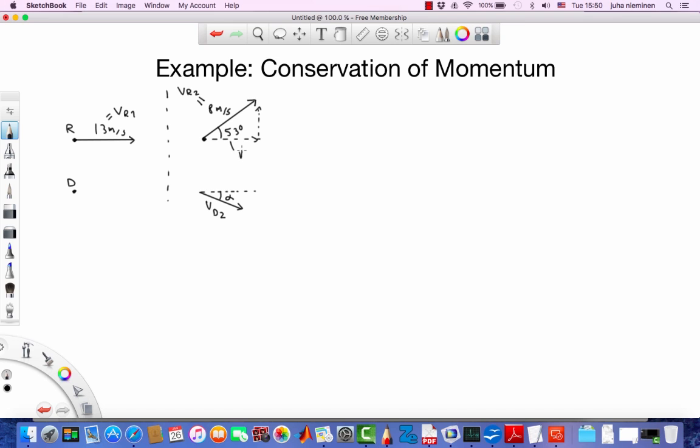So this one's going to be VR2 times cosine beta. And this is VR2 times sine beta. So beta is the 53-degree angle. And then in the x direction,